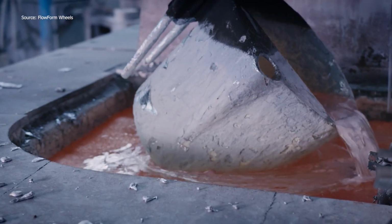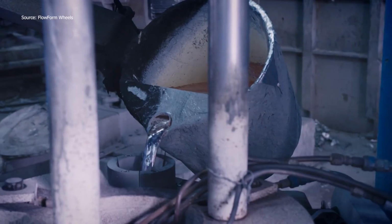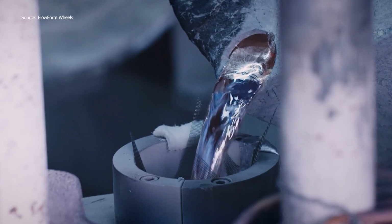Flow-formed wheels start with an idea from the design team, who create concept sketches based on vehicle type, performance goals, and styling trends. The selected design is modeled in three